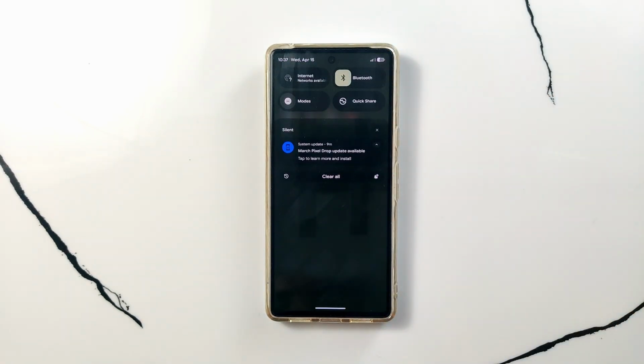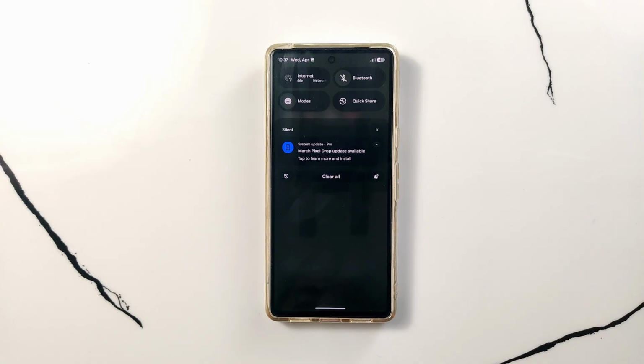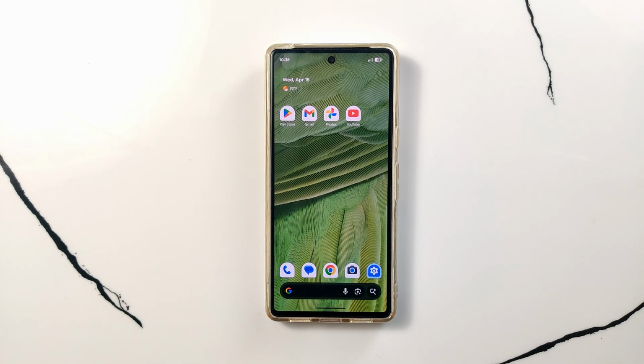Okay friends, just pull down the notification panel, then you can see the option of system update. That March Pixel Drop update is available, and this one comes every month. So you can simply swipe to cancel this update, and I strongly recommend that Pixel phones are best under software